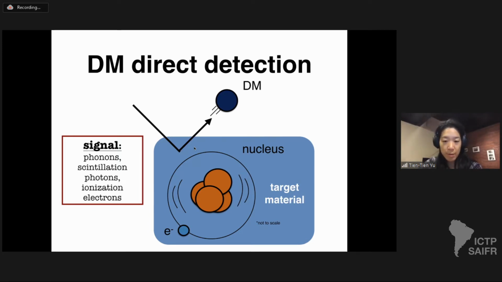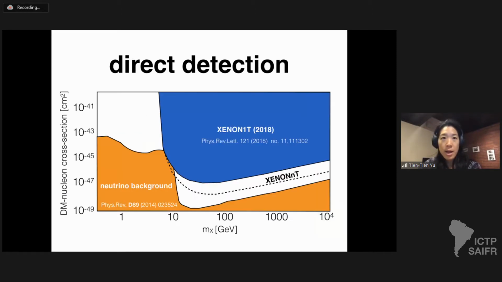So this has been the basic idea for looking for dark matter, and it's led to a very well developed clear program over the past several decades, and has culminated with this plot. So this is a curve that I've grabbed from the XENON1T collaboration, which is currently the strongest constraint. So what I'm showing here is the dark matter mass on the x-axis in GeV. So this is 1 GeV here down at the low end to 10 TeV up here on the high end. And the y-axis is the dark matter nucleon cross-section, so the probability of a dark matter particle and a nucleon interacting, in centimeters squared.